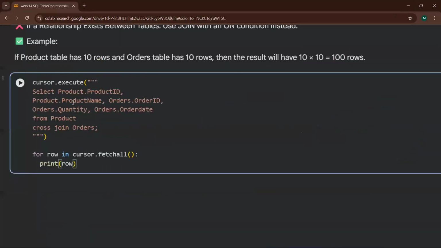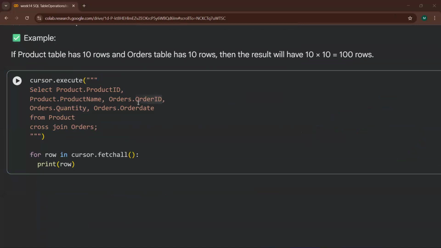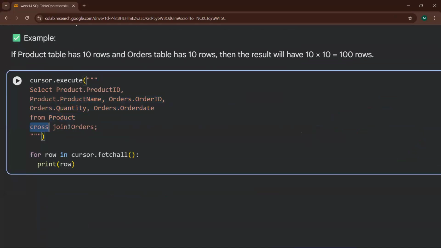Just select everything: product ID, product name, order ID, quantity, order date. Whatever columns you want to show in your output, take all of those columns and put FROM product CROSS JOIN, the name of the other table.